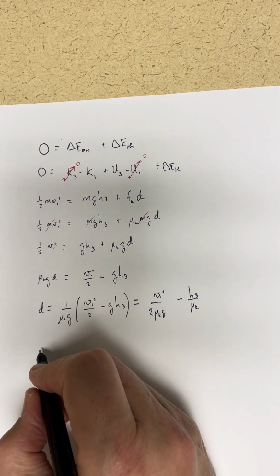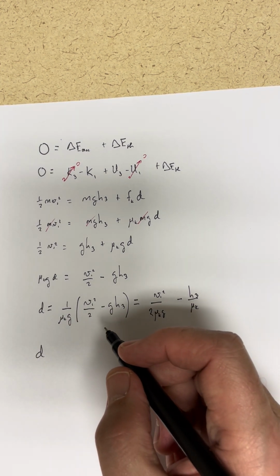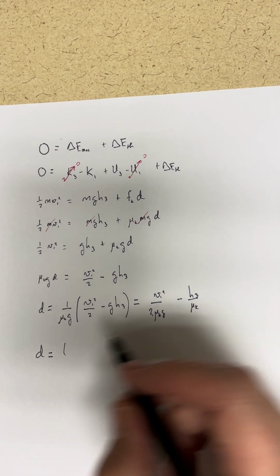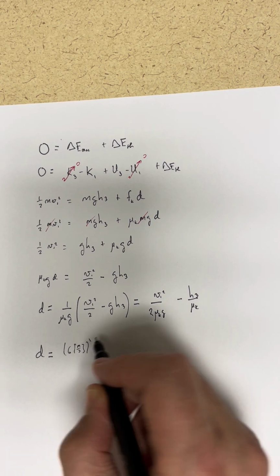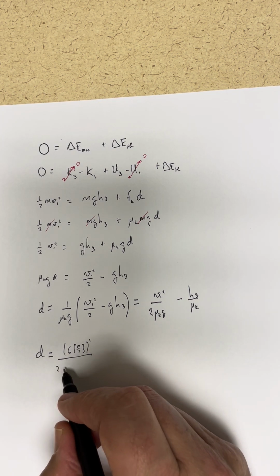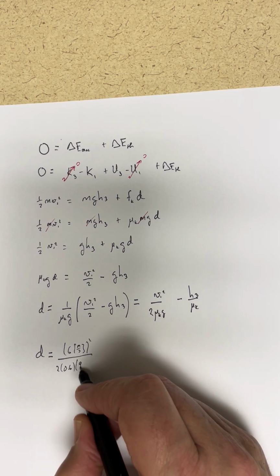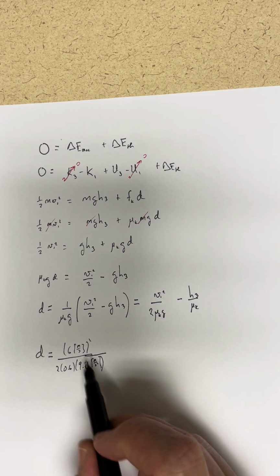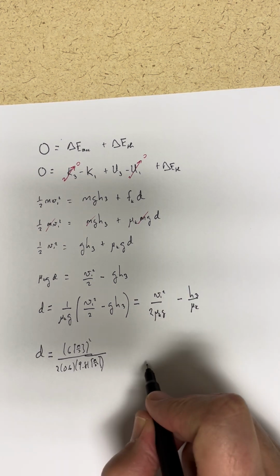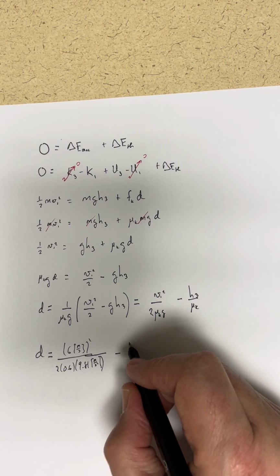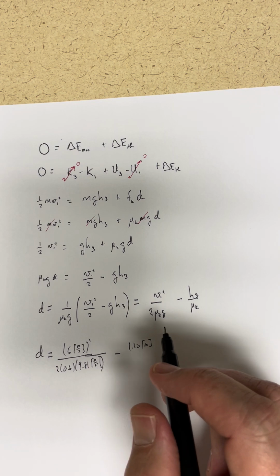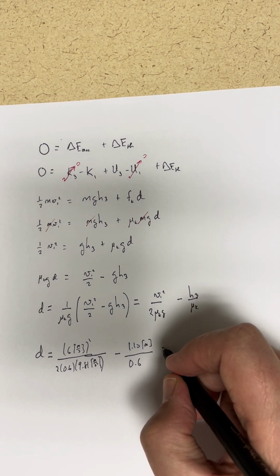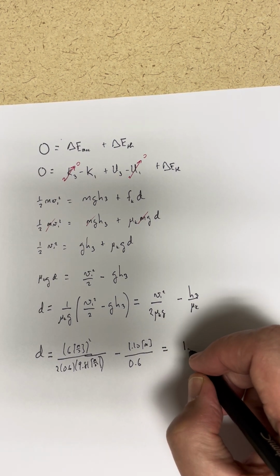Okay. And then when I put in values for that, that is 6 meters per second quantity squared over 2 times 0.6 pure number times g, 9.81 meters per second squared. And that does work out to be a distance, so that's good. Dimensional analysis. And we've got 1.10 meters over 0.6 pure number, and get that to be 1.2